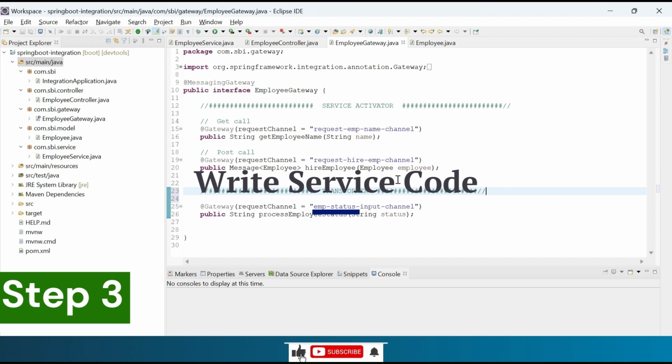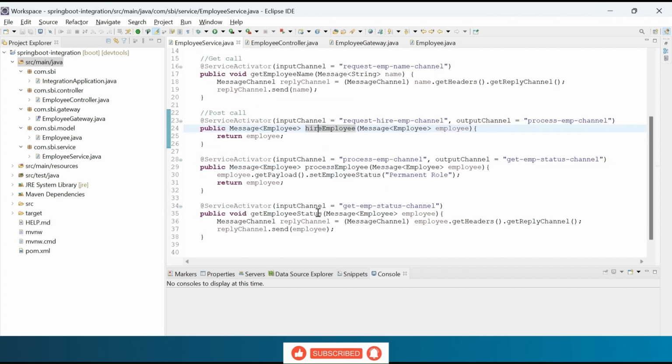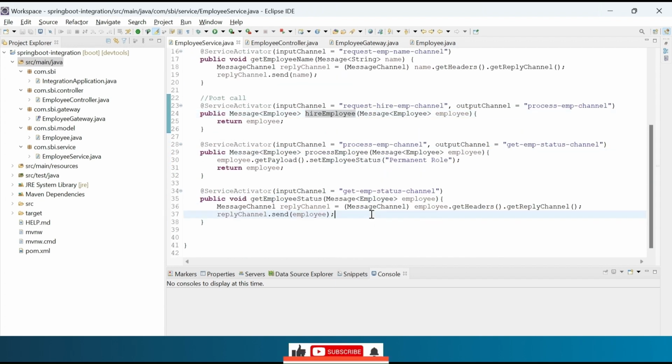Step 3. Let's write the service code. In the EmployeeService class, let's add the code for the transformer.